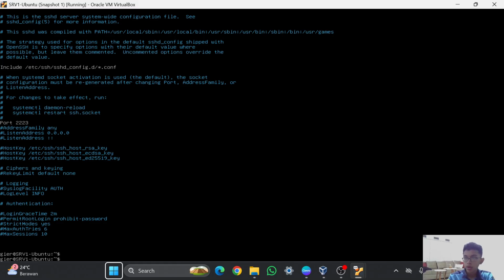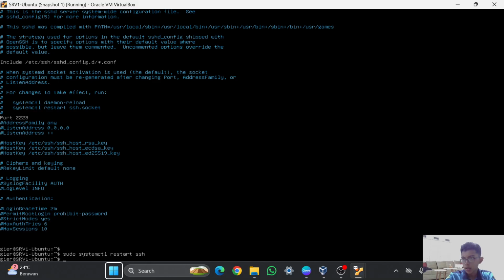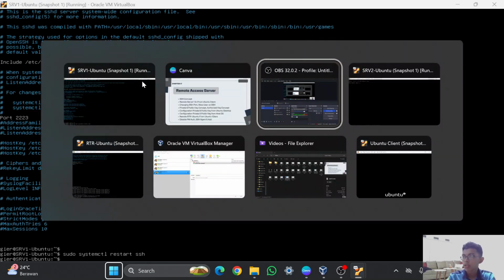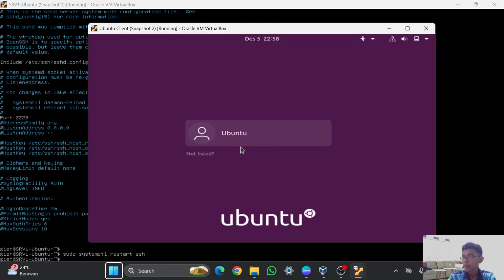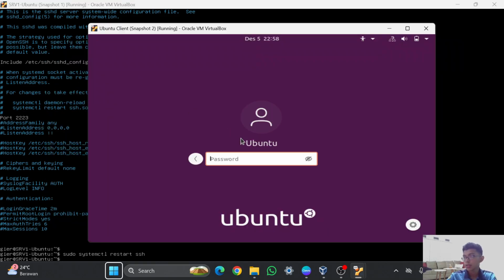And I need to restart the service using the command sudo systemctl restart ssh, then enter, and after that I will try to remote the server 1 Ubuntu from the Ubuntu client.